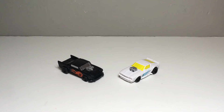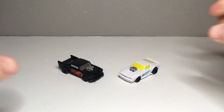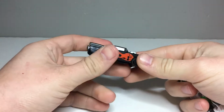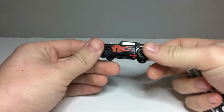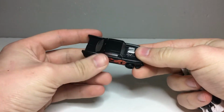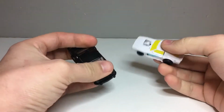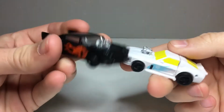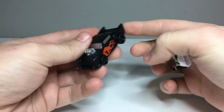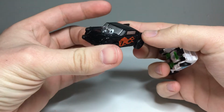Here we are with the Transformers War for Cybertron Earthrise Micromaster Hot Rod Patrol. So we got Trip Up and, well, they call him Daddy-O or Autobot Daddy-O, but for those of us familiar with the G1 Micromasters, this is Big Daddy. Here they are in their Hot Rod modes. Pretty nice detailing. I think Daddy-O or Big Daddy looks particularly good with the flame deco,